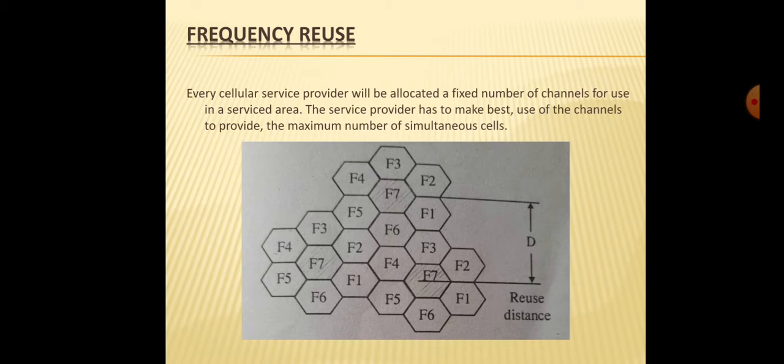In frequency reuse, each cell is assigned a group of radio channels. The same channel can be reused in another cluster of cells. In that figure you can see a group of clusters, each having 7 cells. Cells denoted by F1 in all 3 clusters can use the same set of channels, provided there is a minimum separation distance. So it will not be besides each other, but after some distance you can use the same.